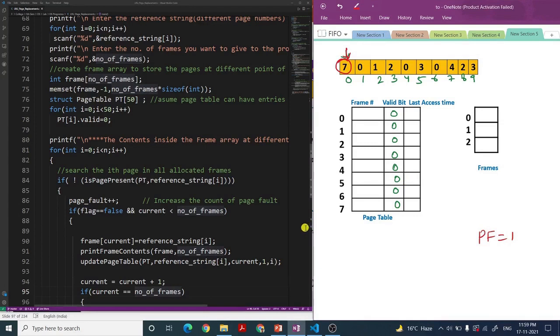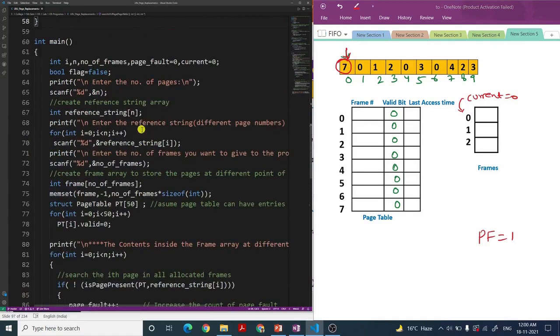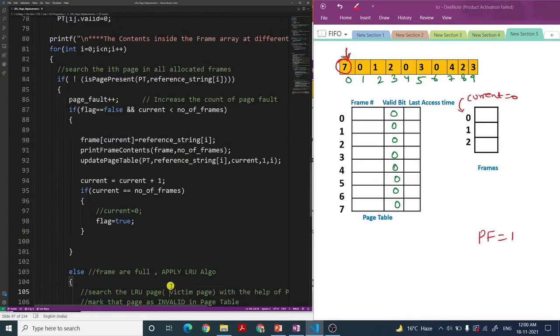Now basically here you can see I have taken a variable current. As I told you previously, current initially will be 0. If you want to see in the code, in the main function, current is basically 0. So now current 0 is less than number of frames. This is basically checking the capacity.